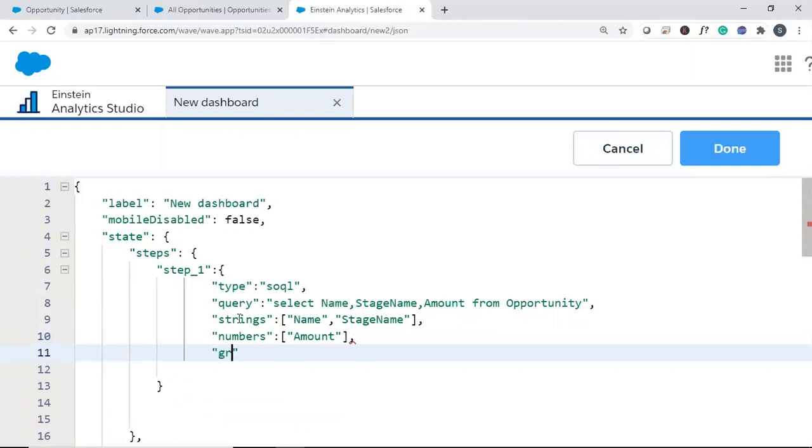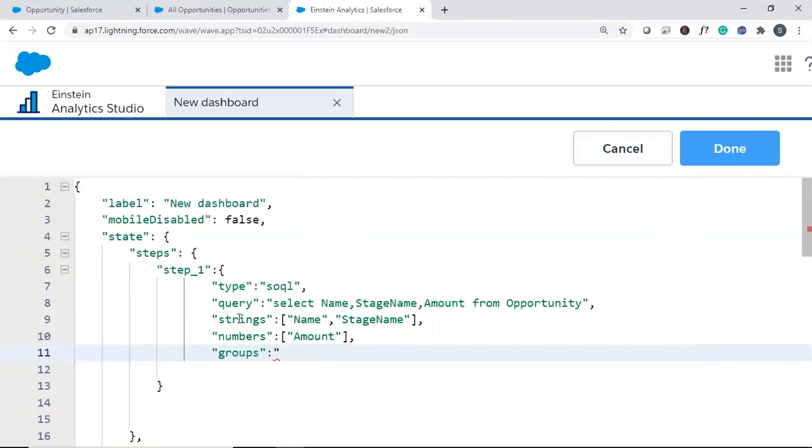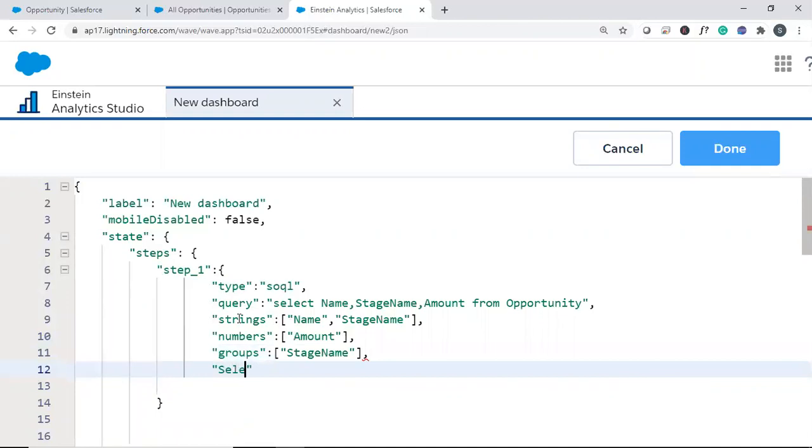Numbers. Do we need any groupings? Yes, I need grouping, and I want to group by stage name. So my requirement is to group by stage. Grouping will be done by stage name, and the select mode I set as